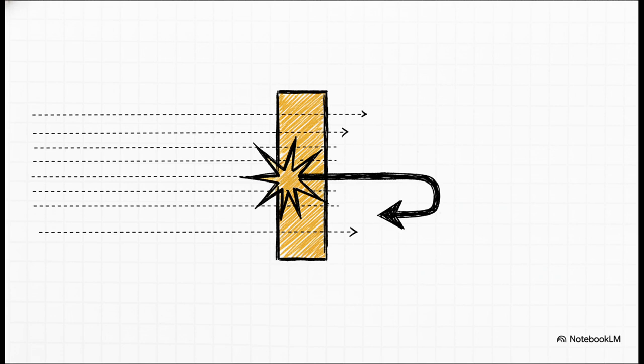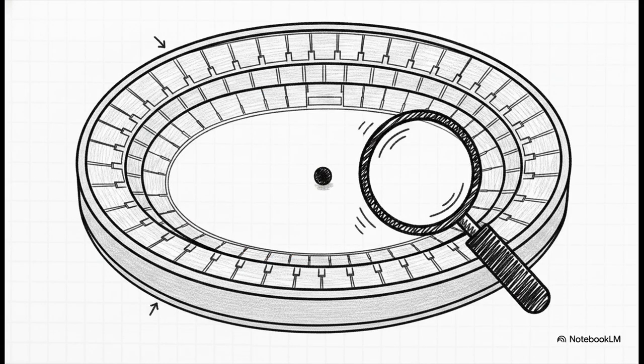Let's look at his exact observations. First off, 99% of the particles did pass straight through, completely undeflected. Okay, normal, as expected. Second, a very small fraction got deflected by small angles. Interesting. But the third point, oh man. About 1 in 20,000 alpha particles bounced straight back. Rutherford later said it was literally like firing a 15-inch artillery shell at a flimsy piece of tissue paper and having it bounce back to hit you in the face. No way, right?